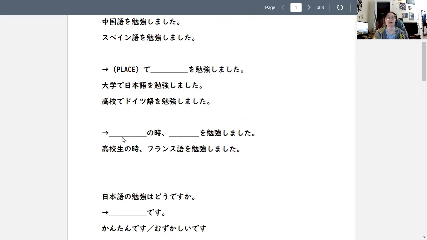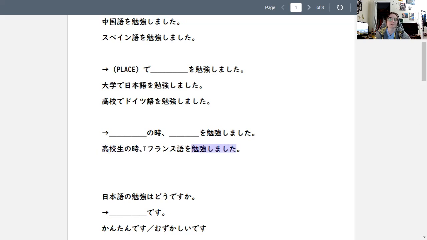So during this time, I studied this. So koukou sei is just high school student. No toki is when you were a high school student. Furansugo, so French, o benkyou shimashita. So when you were a high school student,